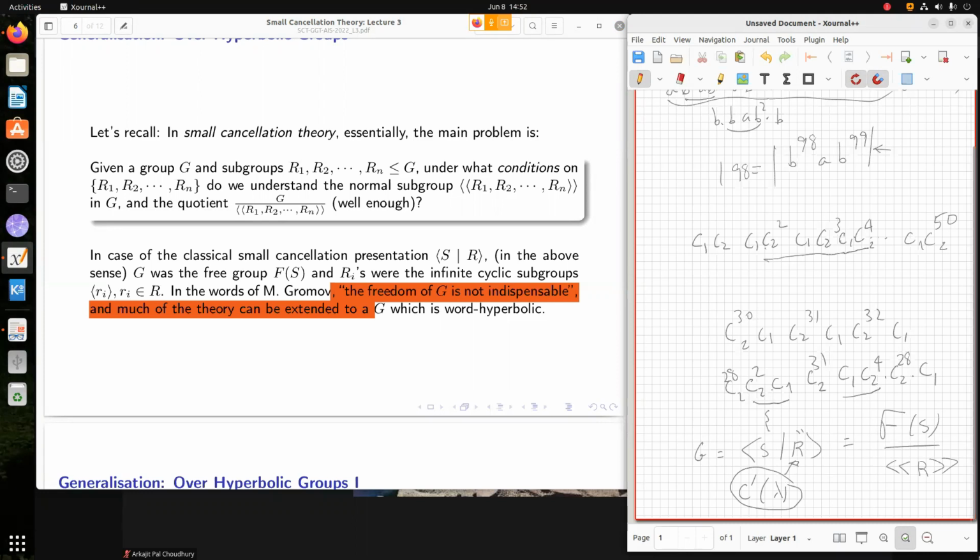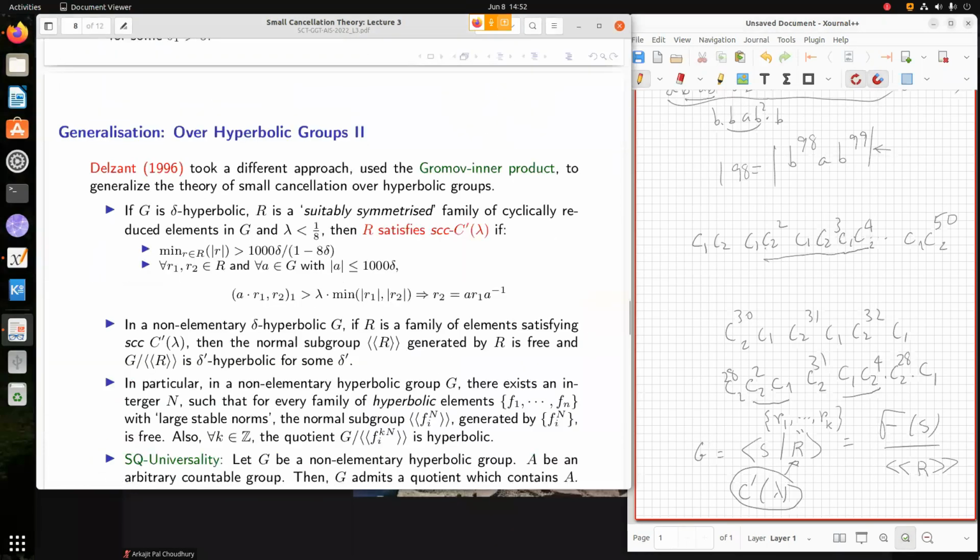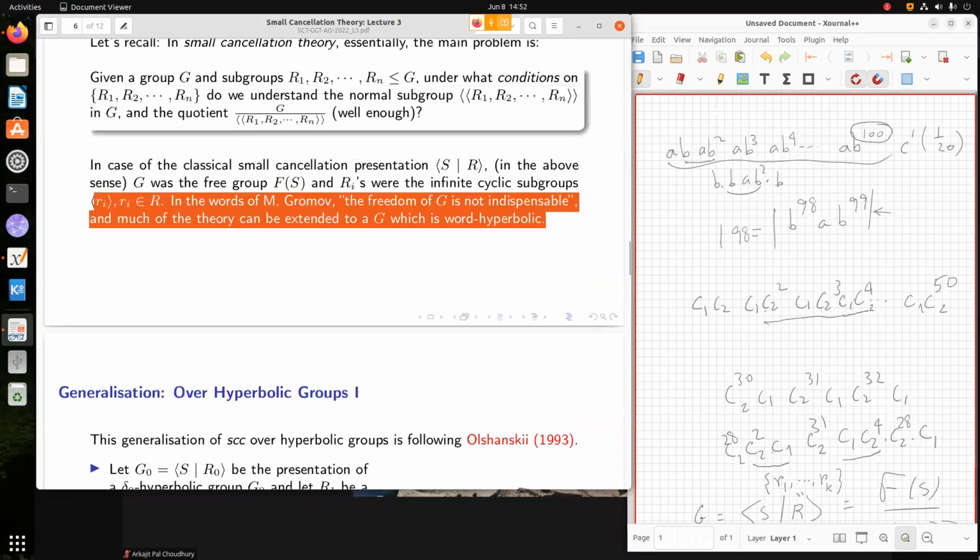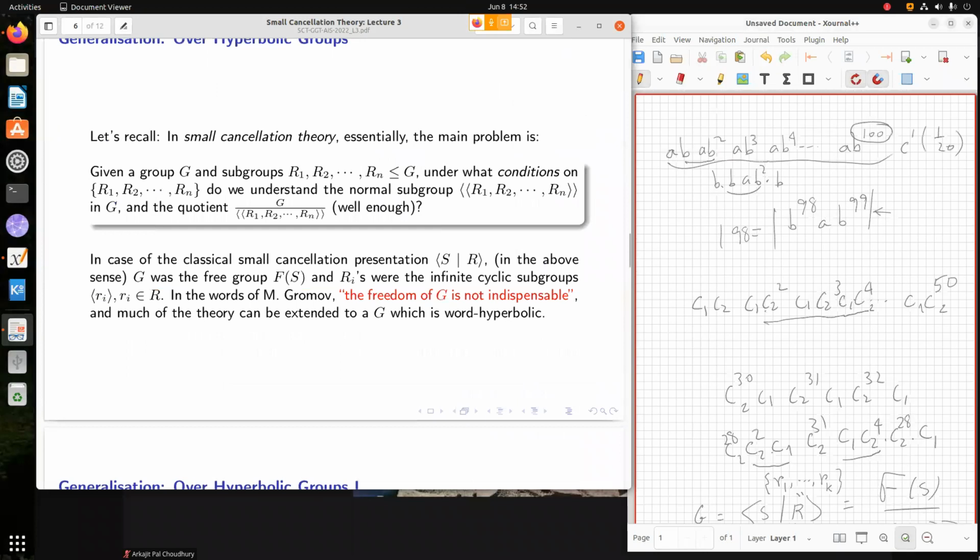So if I say that R is R1 up to Rk, then this C prime lambda property about capital R is essentially a property of this set of words R1, R2, Rk. But this set of words, as we talked about earlier, and as it is mentioned here,